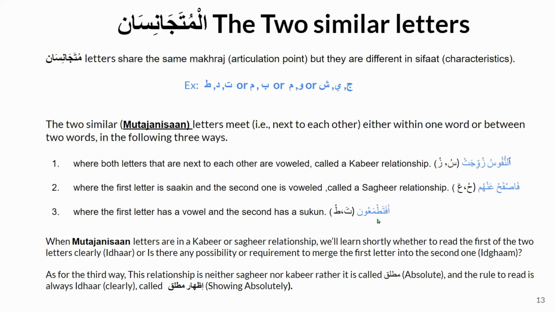When mutajaanisaan letters appear in a way that the first letter is vowel and the second one is sakin, this is called mutlaq, and the rule to read is always idhar. You can see in this example,